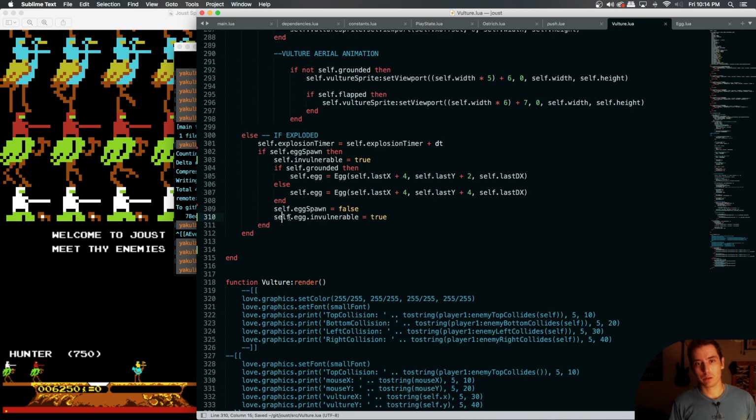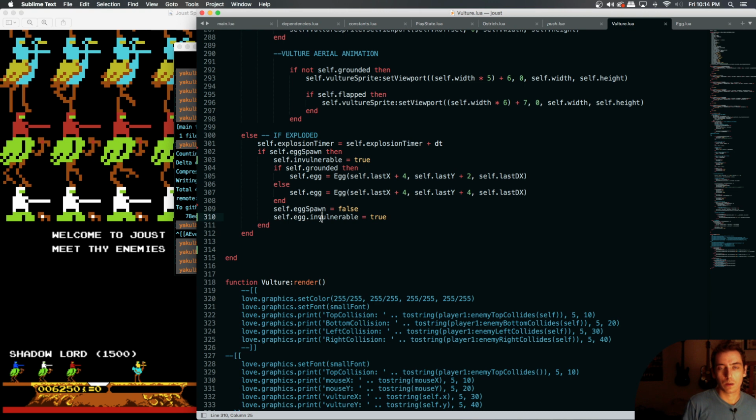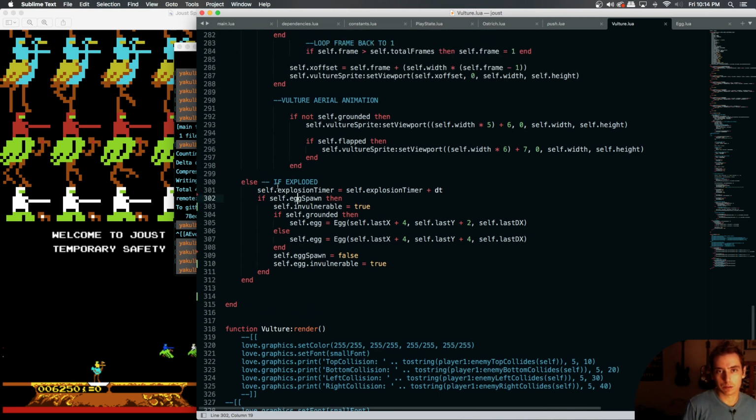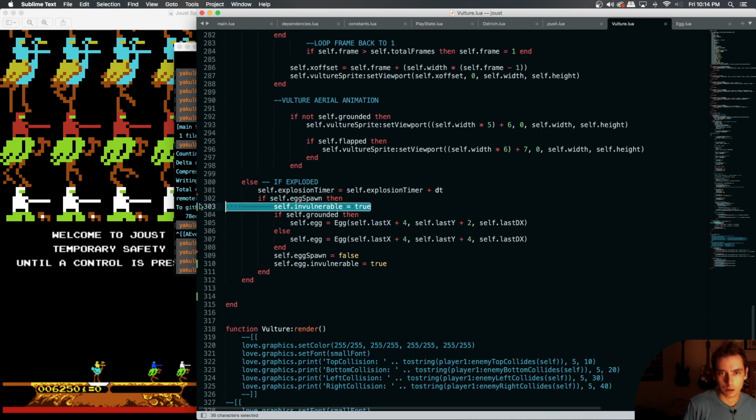So every vulture's got an egg, and every egg's got an invulnerable Boolean. And if we're egg spawn, that means we're going to be invulnerable